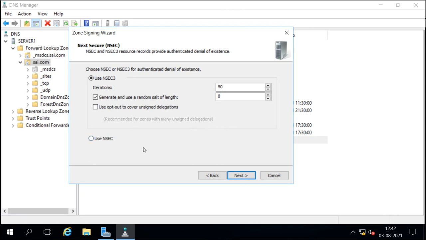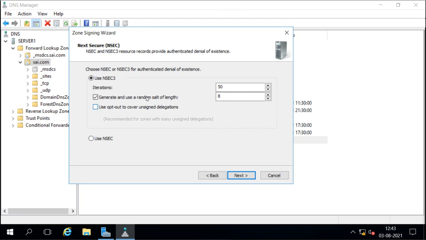Now the DNS server will check the query and respond. Either it will say the record is there, or it will say the record is not there. This is the non-existent record response. If the firewall is not filtering the attacker's queries, this non-existence response will also go to the hacker.